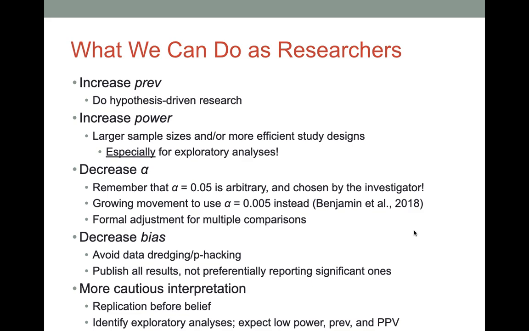To really focus on things that we think are plausible, that there might be prior evidence either from biological information or other human studies, but focusing on things that we actually have a pretty good reason to think might be important. We can increase statistical power, and this is basically just doing larger sample sizes and or more efficient study